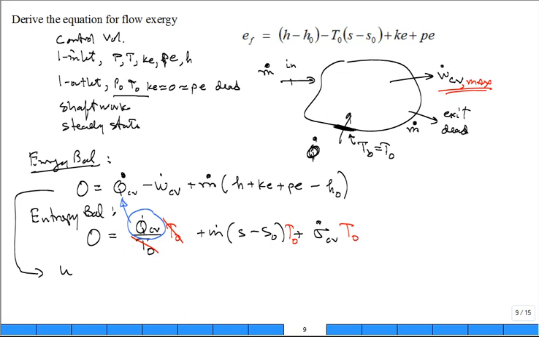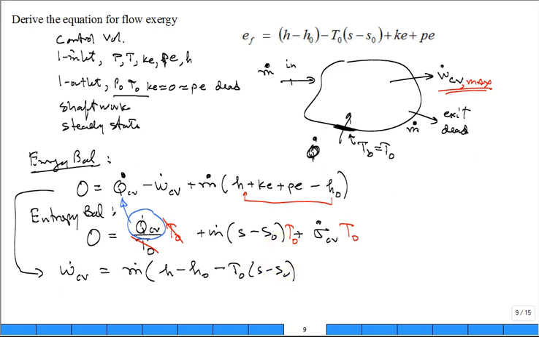You get W dot CV is equal to m dot (h minus h naught), so I move that term right there with the h minus h naught, minus T naught (s minus s naught),